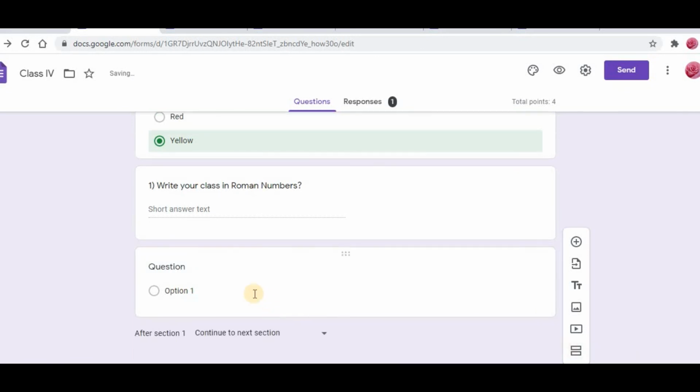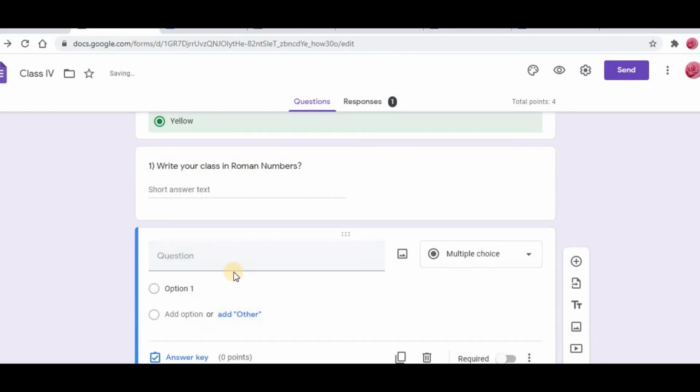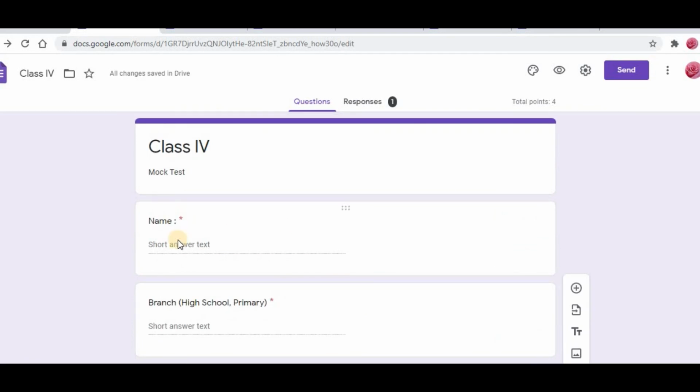If you just press it, the section is going to come, and here you can write the section. If I just want to join this, then you can press this and say merge with above. Then automatically it is going to combine with the first section, and here you can type your question. And here the points, answer key you can press, and you all know how to type and how to select. If it is compulsory for the student to fill details, then you simply press the required button. Otherwise, as I just showed you, the name star mark will come.